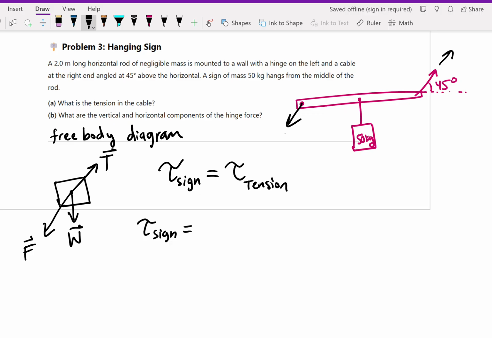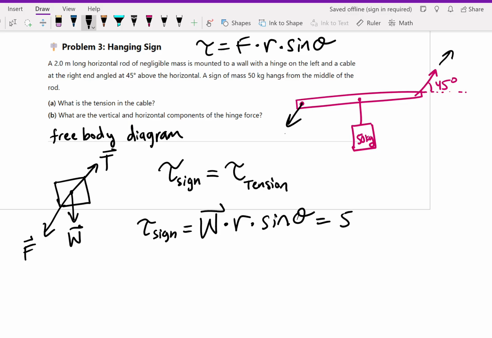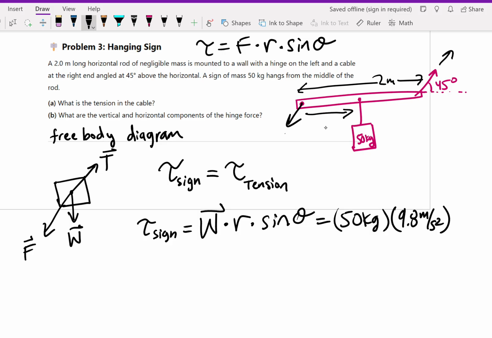Remember, the equation for torque is the force times the distance times sine of theta. In this case, the weight is the force, so the weight times the distance times sine of theta. And in this case, the weight would be 50 kilograms times the acceleration due to gravity, 9.8 meters per second squared. Although the rod itself is 2 meters long, the actual weight is only at 1 meter distance from the pivot point. So 1 meter,